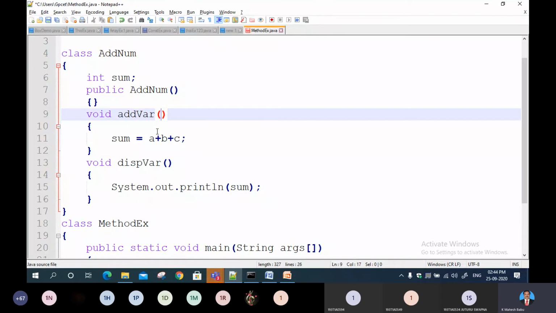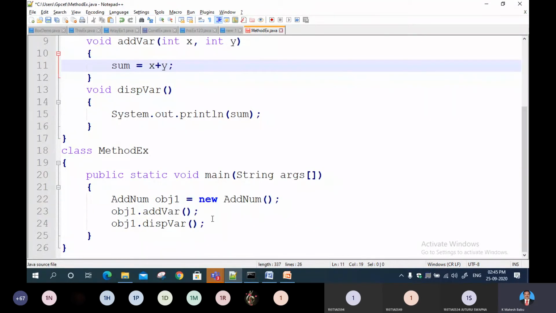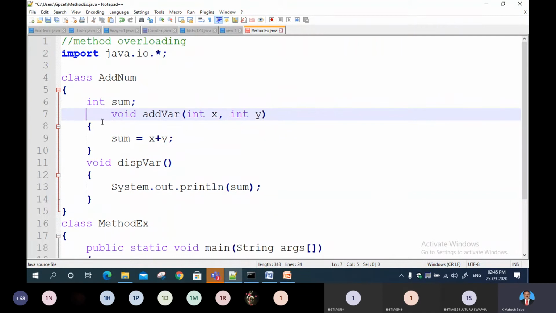For example, I am receiving one variable x, comma one variable y. So here I am going to add both, x plus y. Right? Now the sum is going to be printed on the screen. Here I am not supposed to pass, but here inside addVar I can pass some 5 comma 7. I just remove the previous content which is not needed for us. I took only one variable sum here. If you don't want this, remove it; the default constructor is also not required.